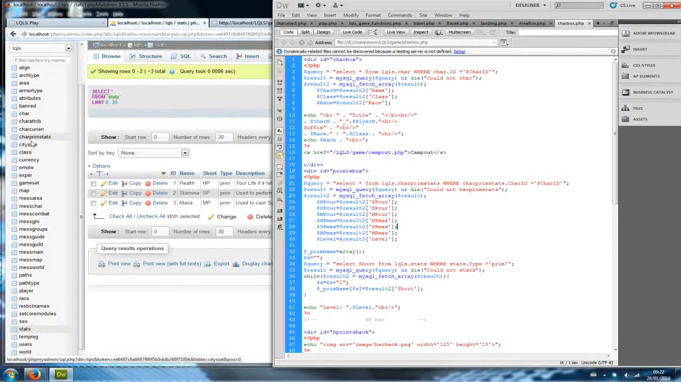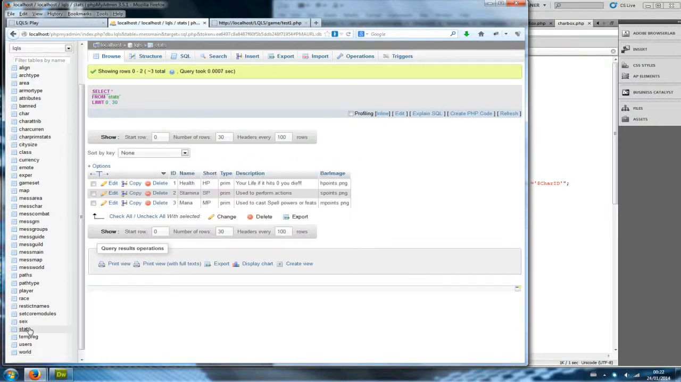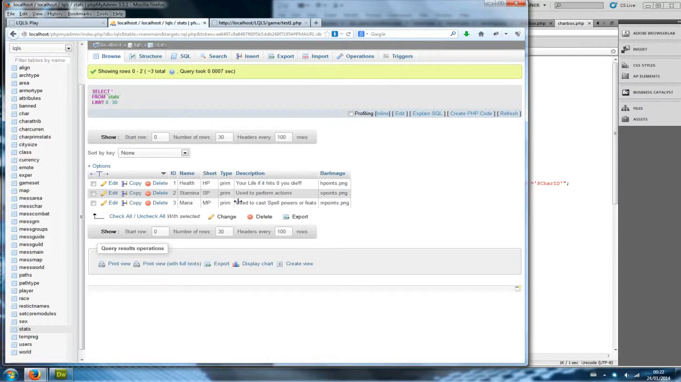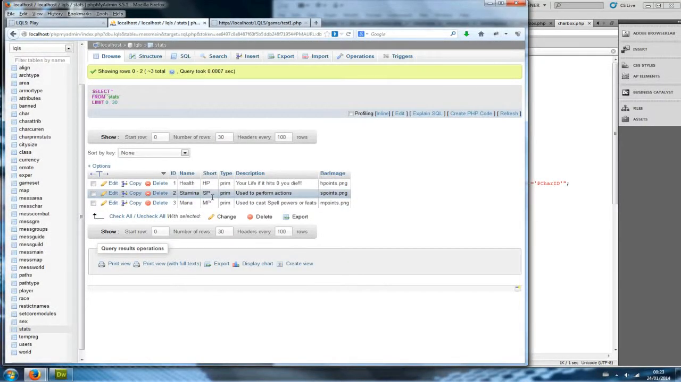Okay, character primary stats, as you can see, are the character's hit points, spell points, mana points, his max hit points. I believe I've already discussed it with you, but yeah, current experience, max experience, and stats. You have their names, so you can change them if you don't like health. You can call them body points. And the short is just, so if you look here, it says HP, SBMT, so lots of writing out health the full way,